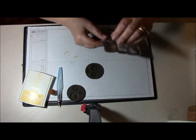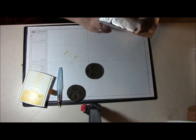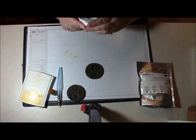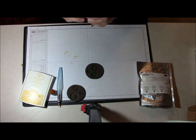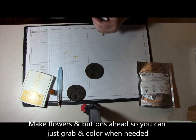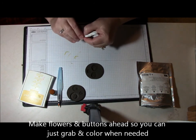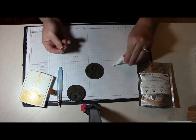To start with, we're going to be taking our clay out of this package. I love our Simply Pressed clay. It doesn't shrink on your projects when you do it. It stays pliable. When it dries, I'll show you, it's not real hard. It's kind of flexible. So what we're going to do is I'm just going to take a little pea-sized amount